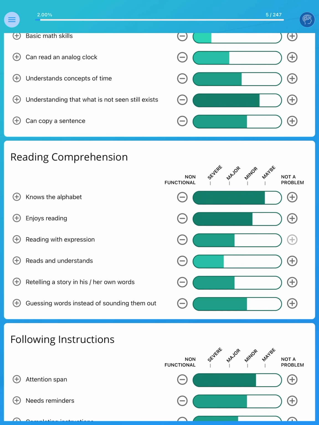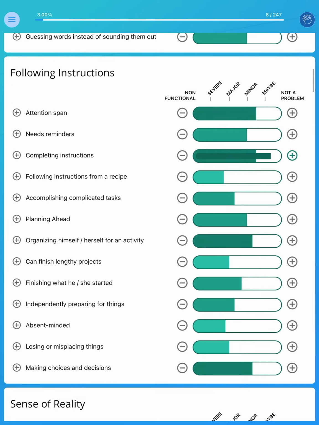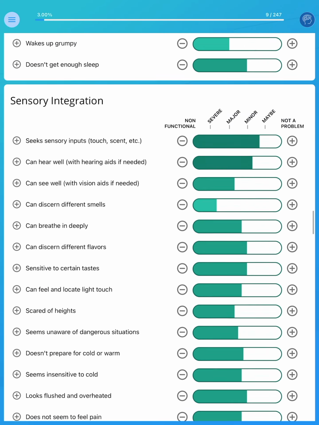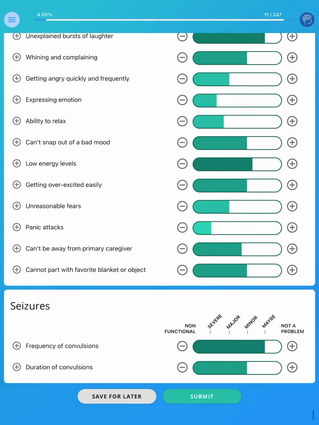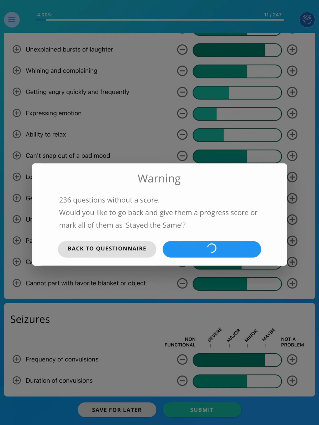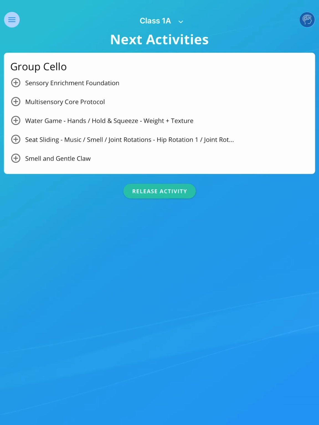If it qualifies as real improvement, then click twice for little better. Click 3 times for much better and 4 times for all better. You can also click on the minus button when things are fluctuating and are getting a bit worse. You can skip through the areas that did not change. When you click Submit, you can confirm that all the skipped areas should be marked as stayed the same. Once again, you can review the instructions, and when you're ready to update your previous worksheet with the new activities, indicate so on the system.